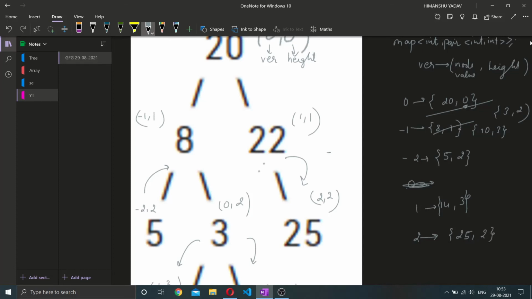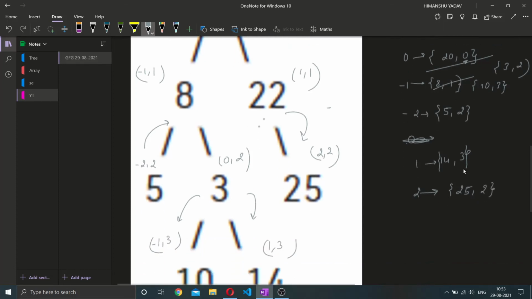We are basically using an ordered map, so it will store all values in sorted order. What we have to do is put this into a vector of int, answer. I will traverse the map and put it dot second dot first in the answer.